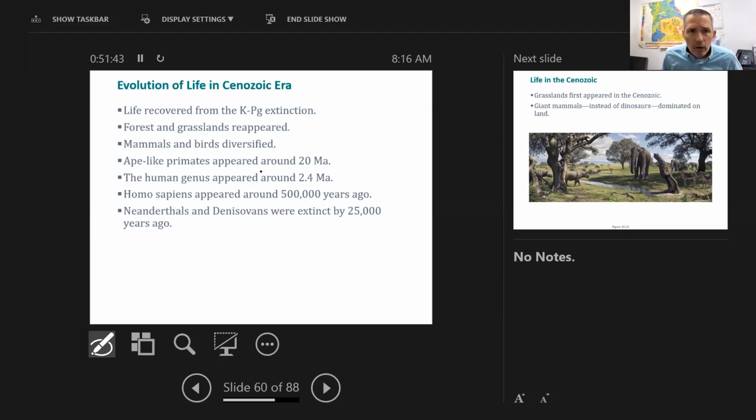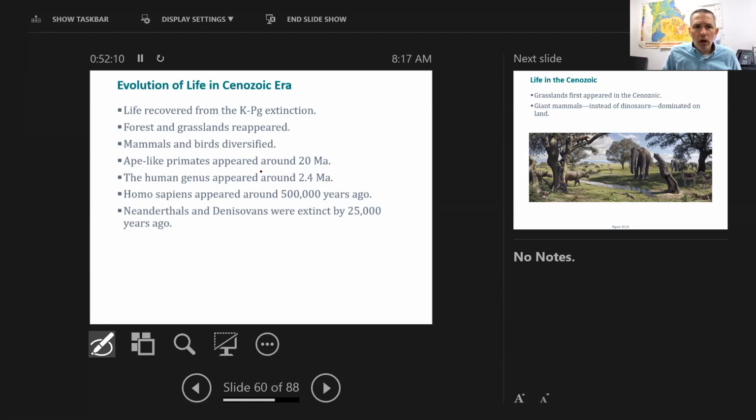recent life, we've now speciated and diversified from the Permian extinction, from the Cenozoic extinction. Forests and grasslands appeared on land. Birds and mammals really took over. About 20 million years ago, we started finding primate fossils, and about 2.4